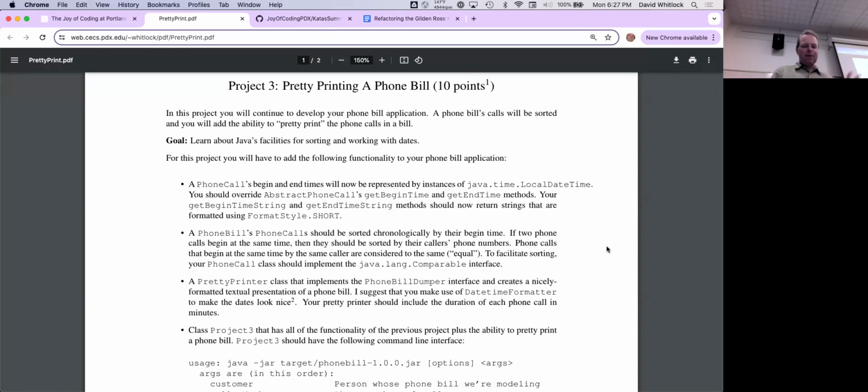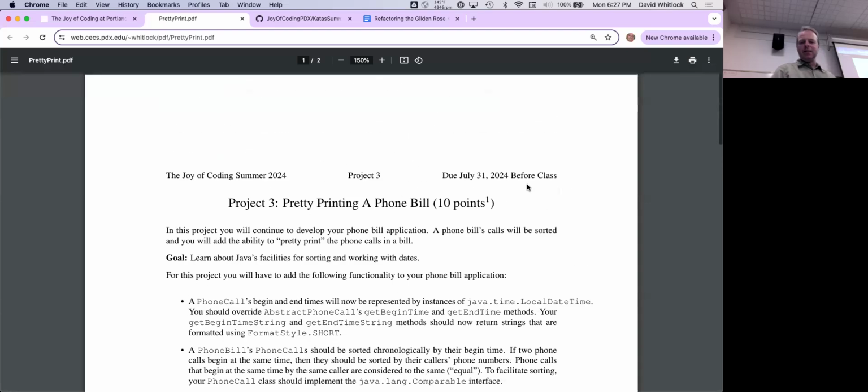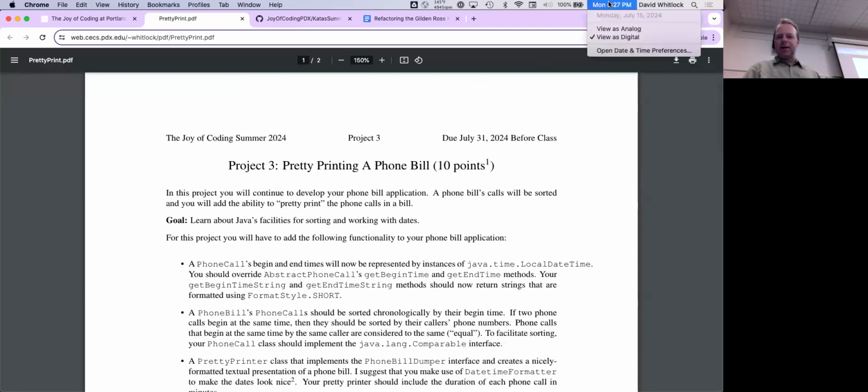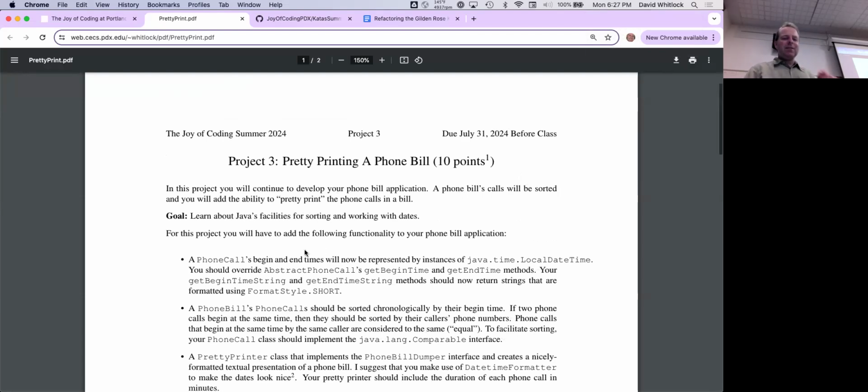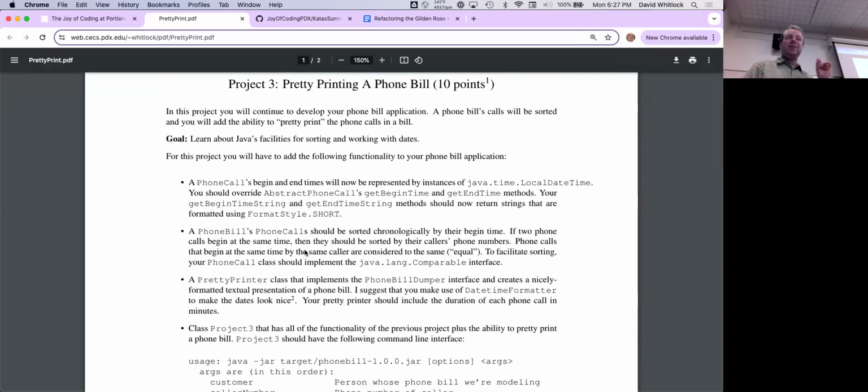Realize it might be a lot, but I encourage you to make good progress on project 1 so that you can start on project 2 and project 3. This isn't due until the 31st, so you've got a couple of weeks to do it. But I wanted to give you a heads up now, so that if there's anything about these upcoming requirements that influences how you design and implement your project 1 and project 2, you're aware.